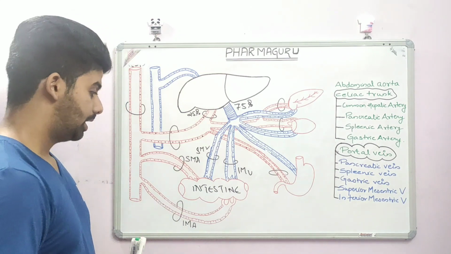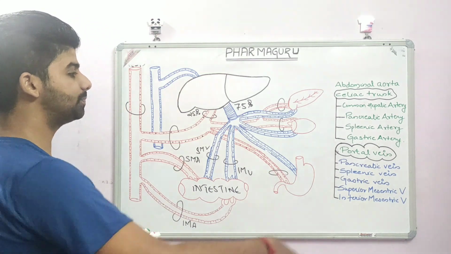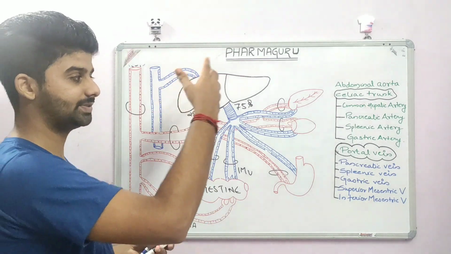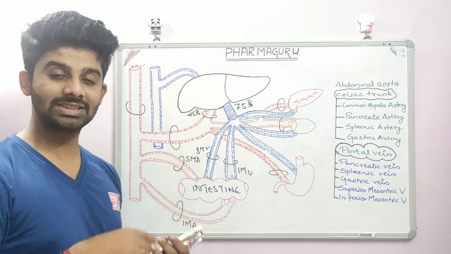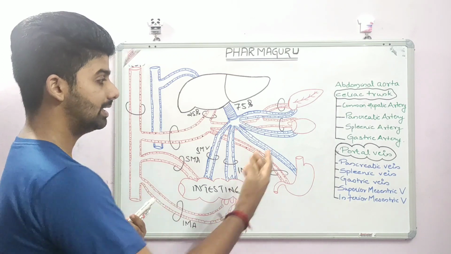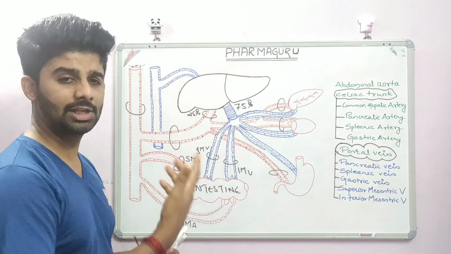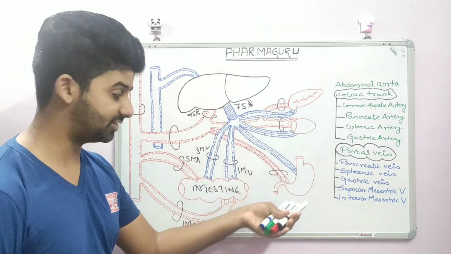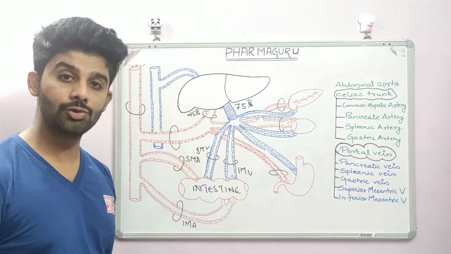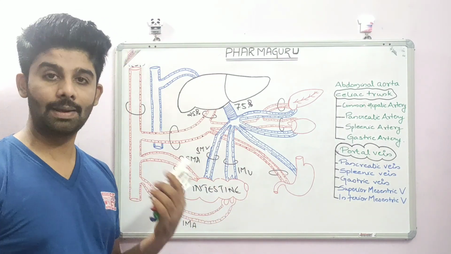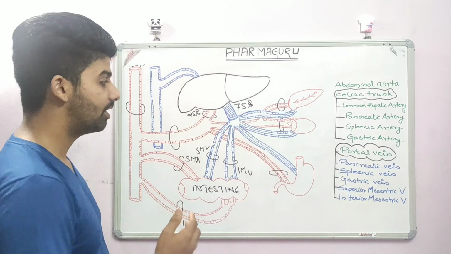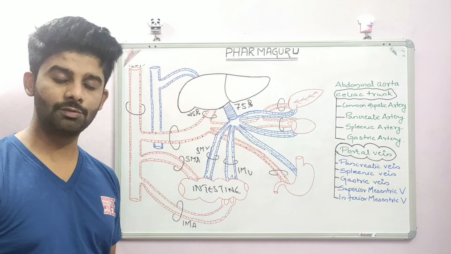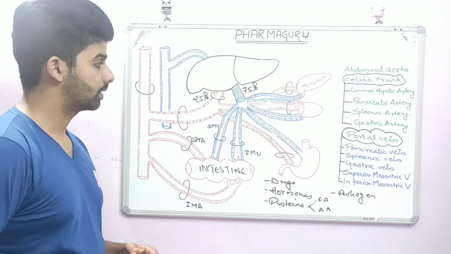Done. Now, we can know that through this portal system, what are the substances that reach the liver? We will start from our side. First, all the hormones such as insulin, somatostatin, glucagon. Second, all the end products of the hemoglobin or RBC byproducts. From here, a lot of nutrients, alcohol, aspirin. From here, again a lot of nutrients such as fatty acids, amino acids, and a lot of drugs reach here, and then it enters into the liver and undergoes metabolism. We will talk about metabolism in a future class.